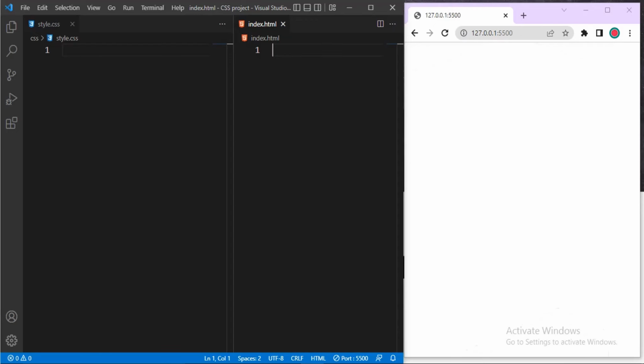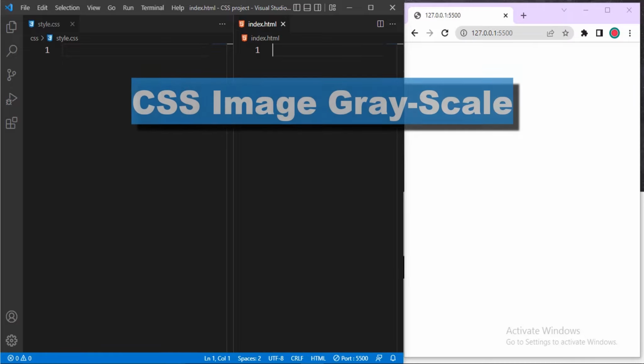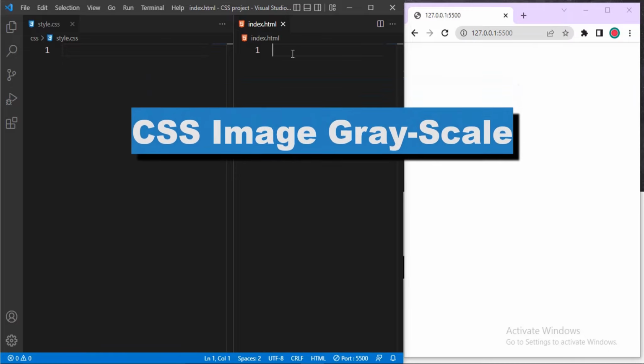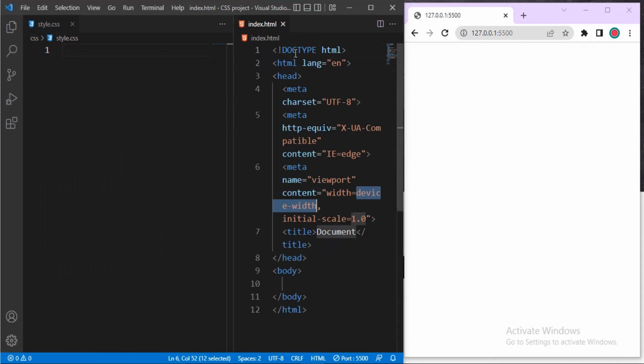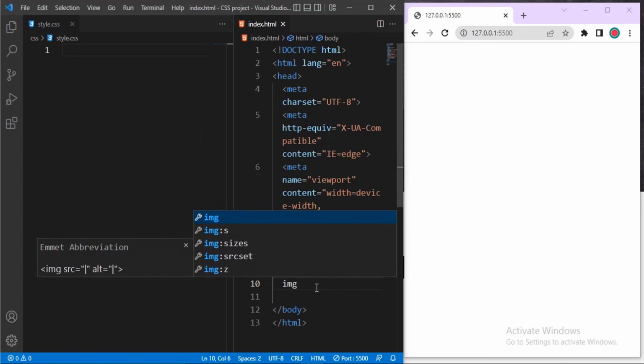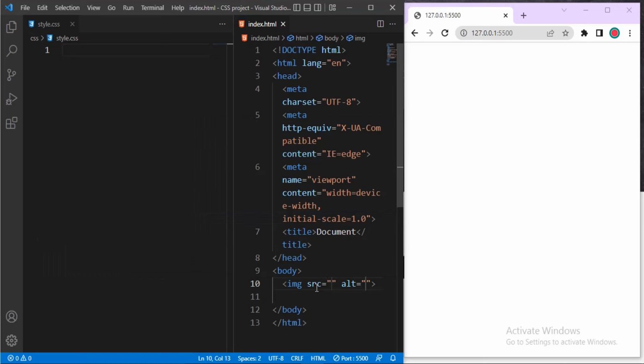In this video we're talking about CSS image grayscale. To start, we'll create our HTML basic structure. Inside our body element, we now add an img, which is the image element. Then we'll put the path